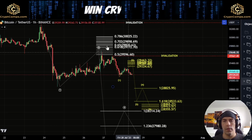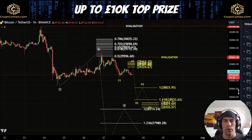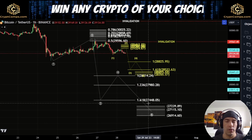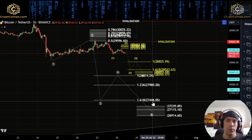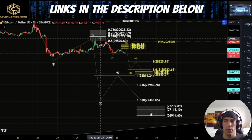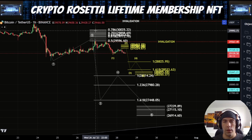Now, if we are looking at the current structure here, what I'm being mindful of is that we could be looking to break down in this bigger white third wave. Now, if this is the case, 1.618 would actually be lower down yet, this 27,448. So we need to be careful of this. If we see this high over here of this 29,688 hold, we could potentially be looking for this break to